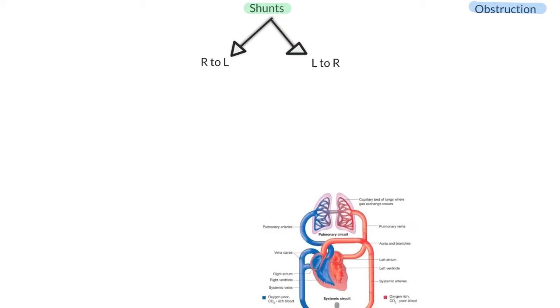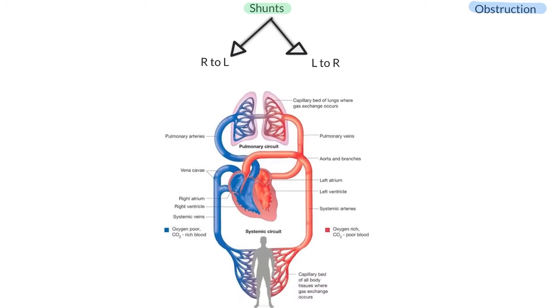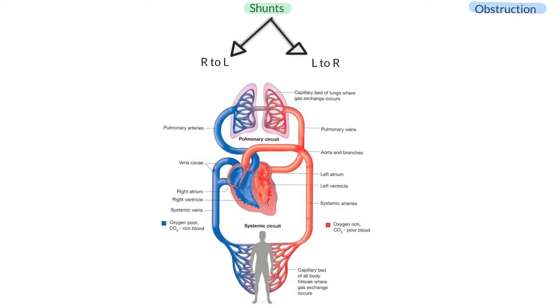A shunt is an abnormal communication between heart chambers or blood vessels, where the pressure gradient causes a change in the direction of blood flow. Looking at a normal heart, blood flows from the right atrium to the right ventricle, through the pulmonary artery to the pulmonary circulation, into the left atrium, to the left ventricle, and out of the heart to the systemic circulation